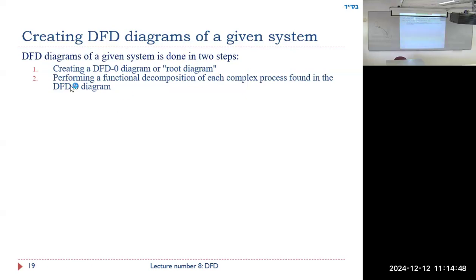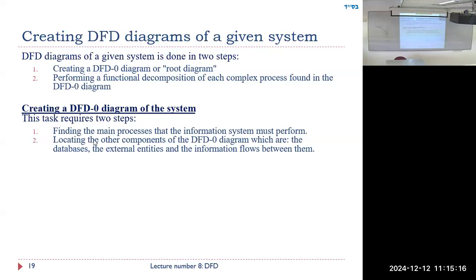Creating DFD diagrams of a given system is done in 2 steps. First, you create the DFD 0, also called the root diagram. And then functional decomposition. This is top down. I mean, this is not the only way to do it. So if you're doing it top down, then you start with the DFD 0 and then you do functional decomposition. Find